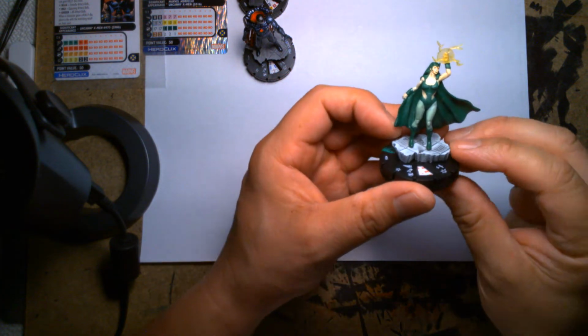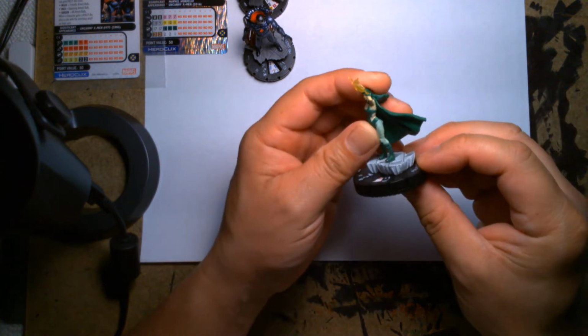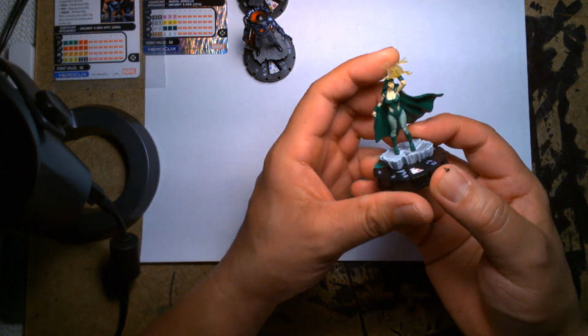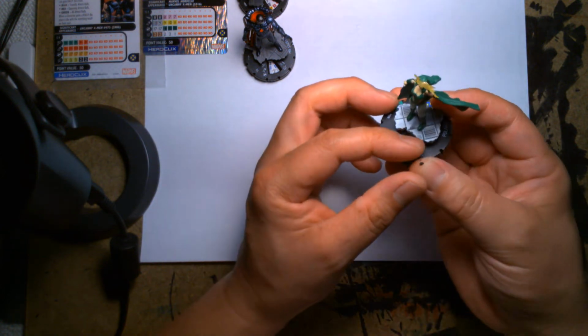Up next, we have Polaris. I love Polaris. She's Magneto's daughter. And most recently, she was brought onto the...